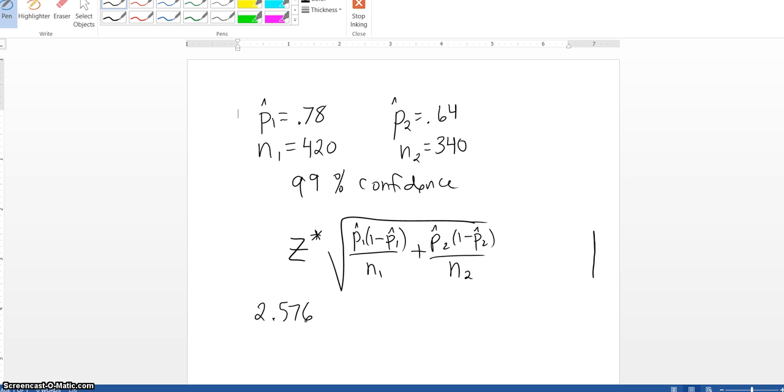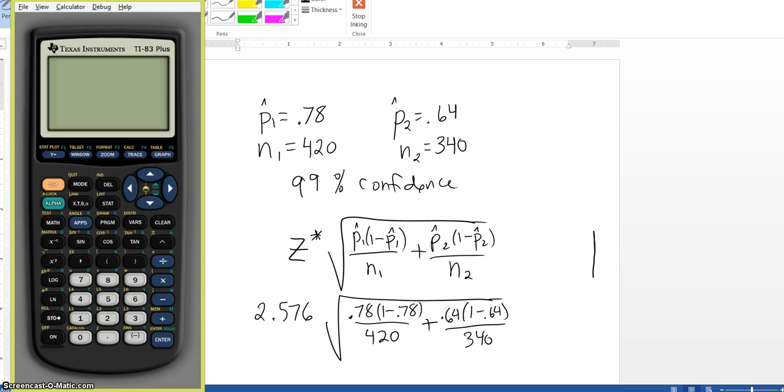My standard error formula, square root, I'm going to take my P1 hat as 0.78, times 1 minus 0.78, divided by 420. And then my P2 hat is 0.64, times 1 minus 0.64 divided by my N2, which is 340. Okay, so if I enter this into my calculator,